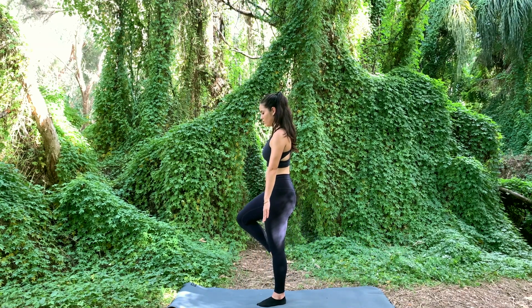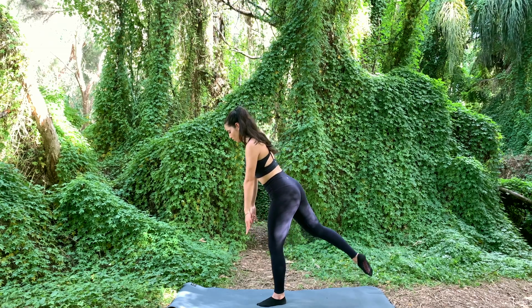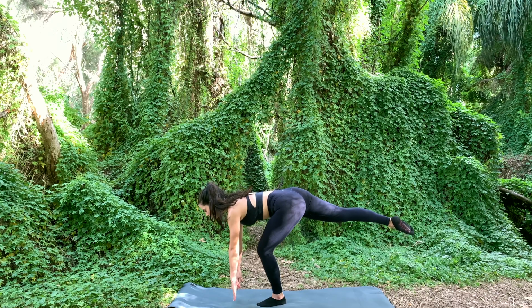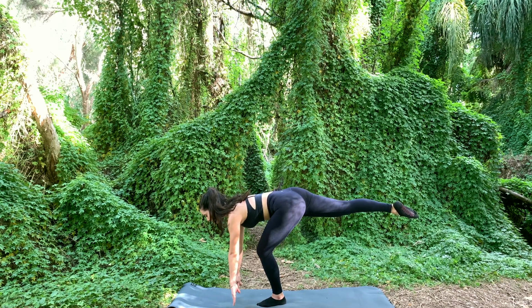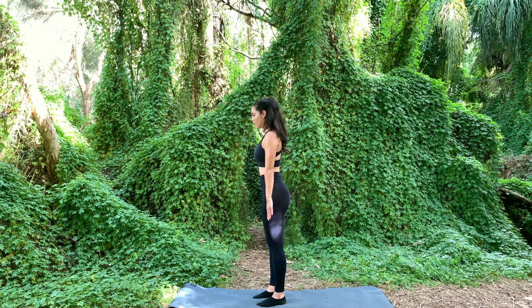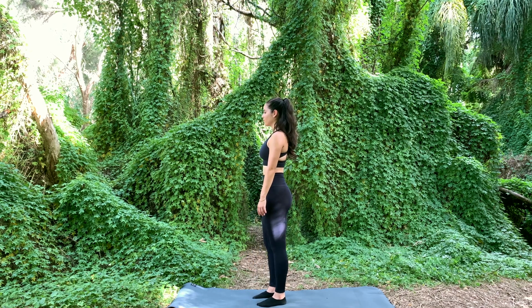Inhale to recover and exhale to bend and hold, fighting for height in that right leg. Now, establish your balance first before you lift your arms. If you're not balanced, stay here and then inhale to recover. Well done. Shake it out, take a second, take a breath, and then when you're ready, we're going to progress